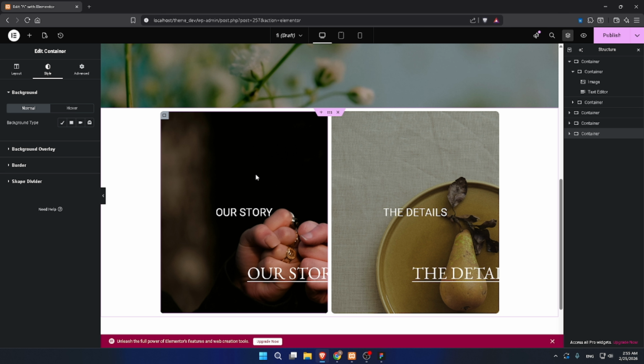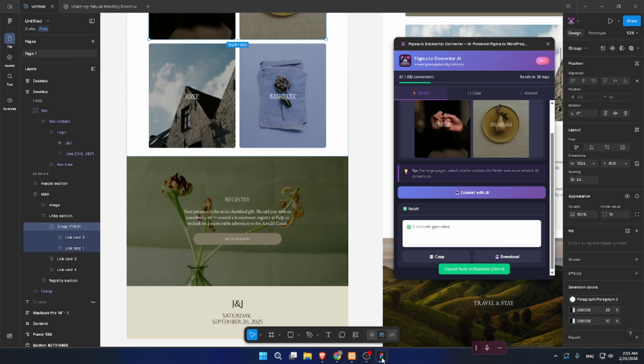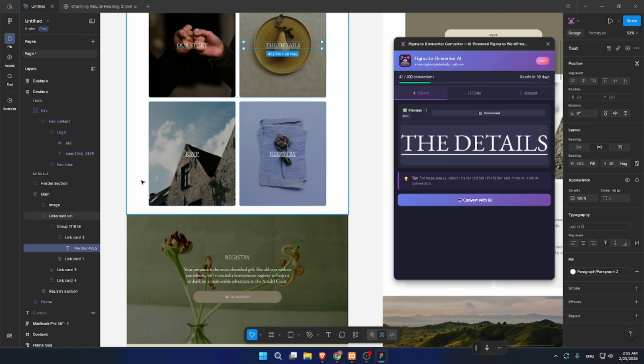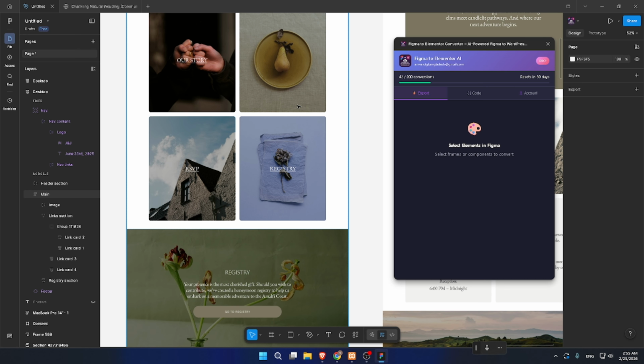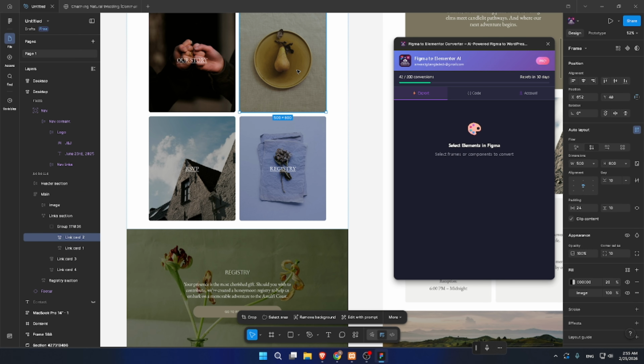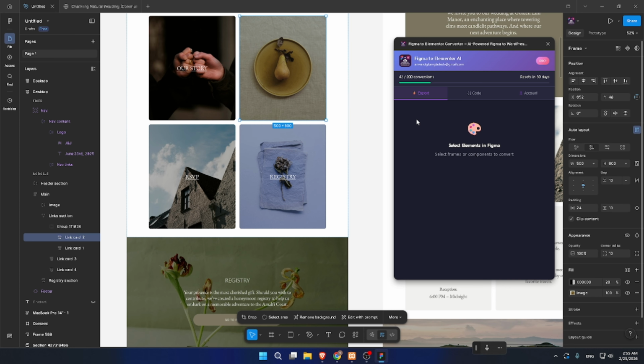and with the same thing we can do this, like select, delete the text, and just select the area so you can download the image. Okay,